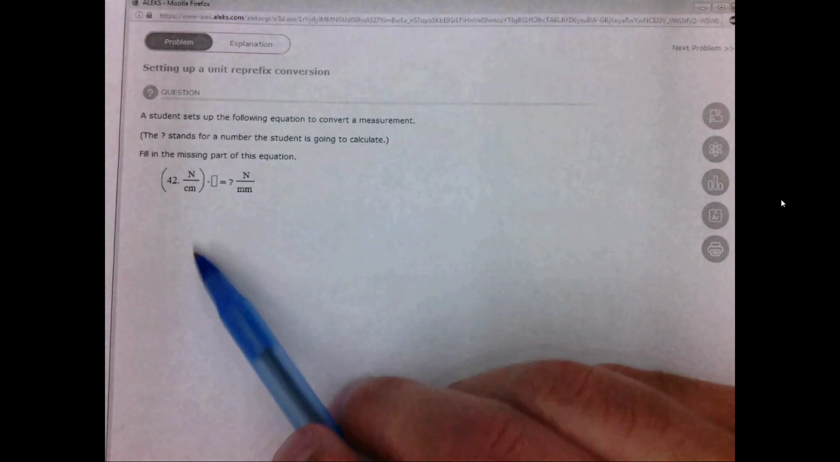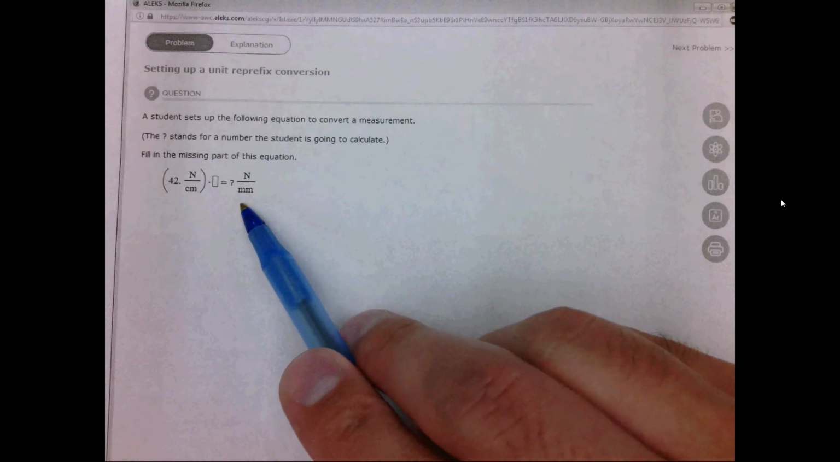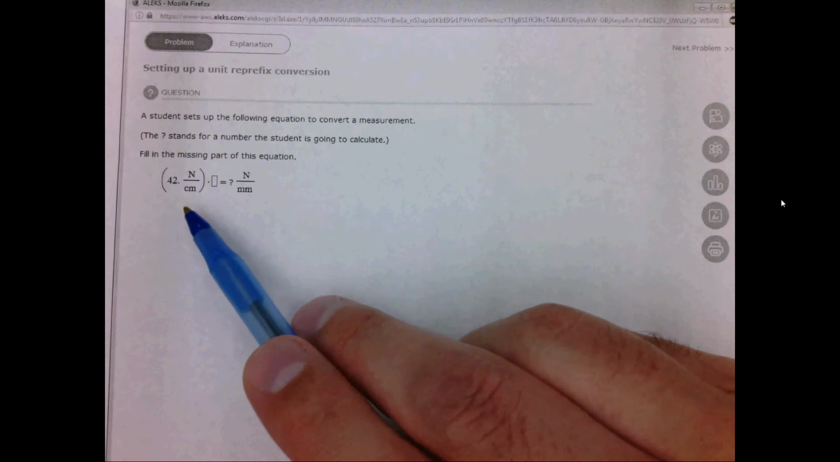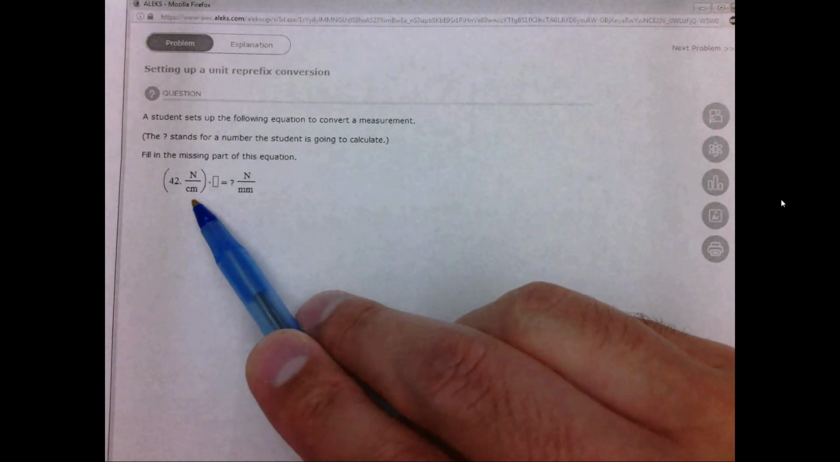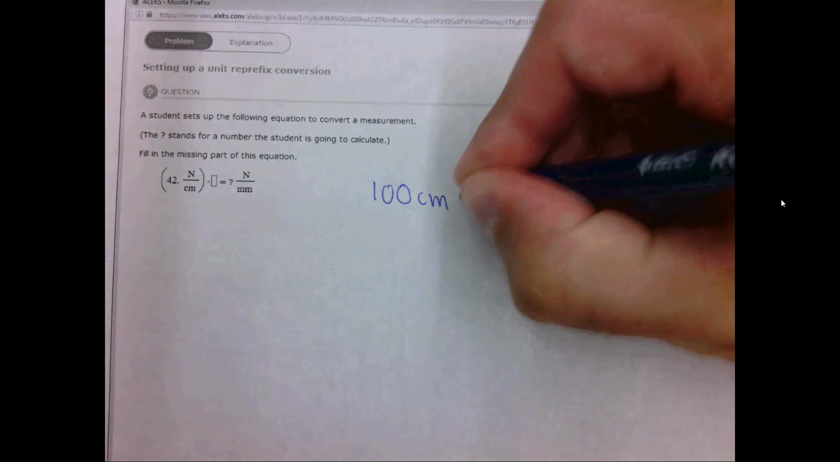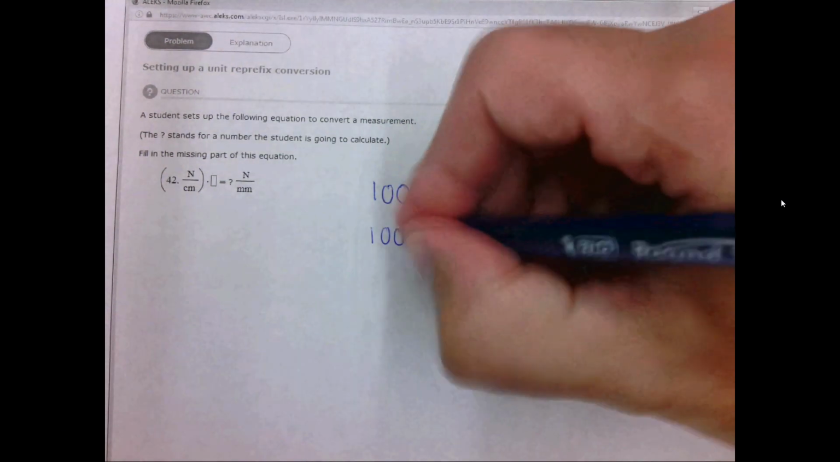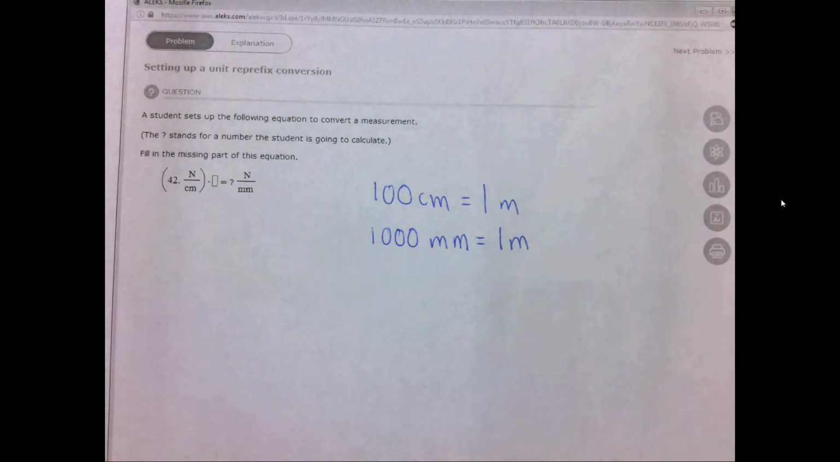The first thing is, let's assume we don't know the relationship between centimeters and millimeters. Said another way, we don't know how many millimeters are in a centimeter. But we do know how many centimeters are in a meter and how many millimeters are in a meter. So 100 centimeters equals 1 meter, and 1,000 millimeters equals 1 meter. So, starting with newtons per centimeter